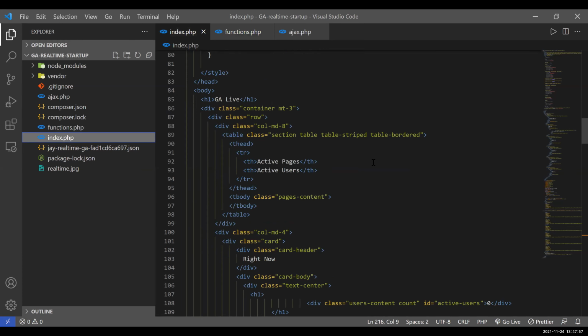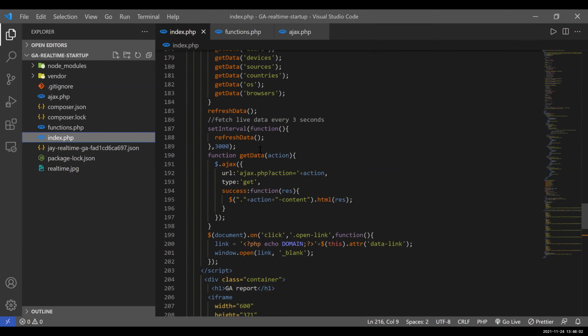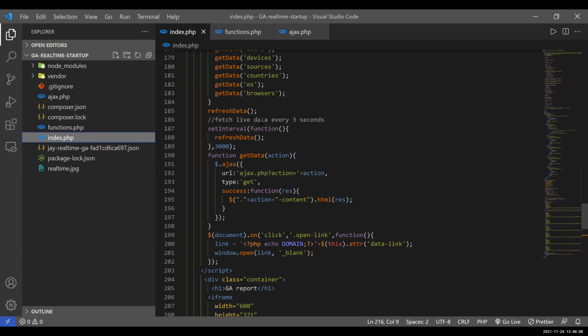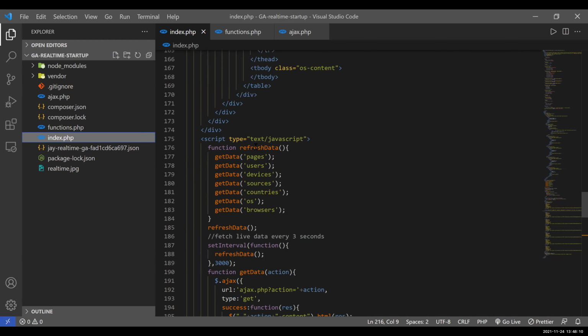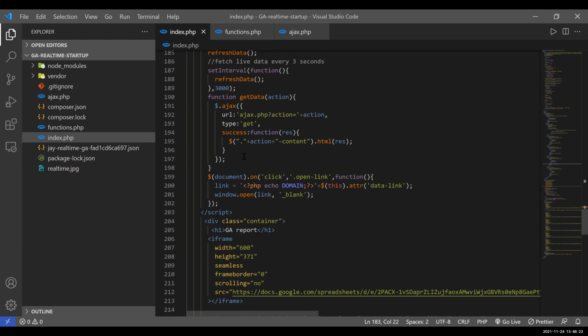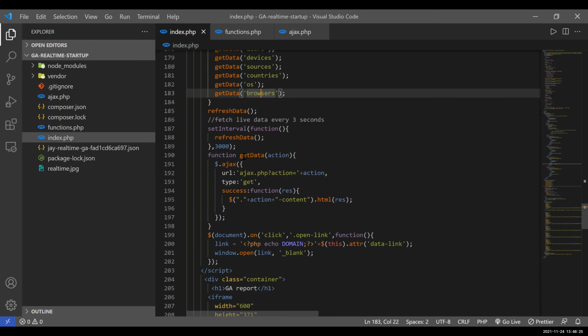So from the index page, how do you point to the function? You have over here the script tag under the HTML. Here, script tag, and then you can say get what data. You can say get pages, users, device, sources, country, and the browser. Then the function.php?